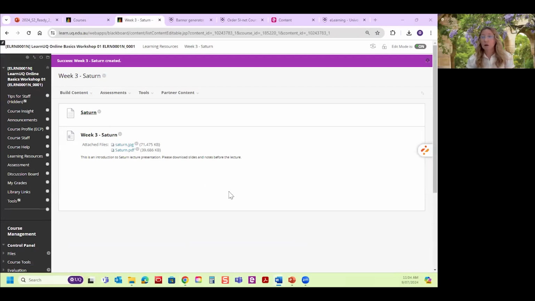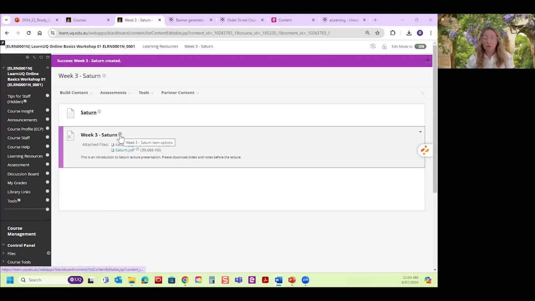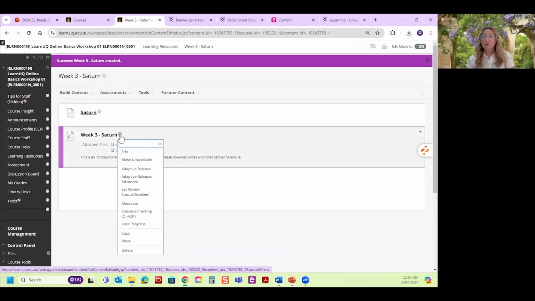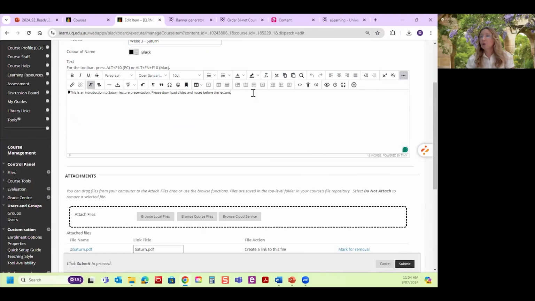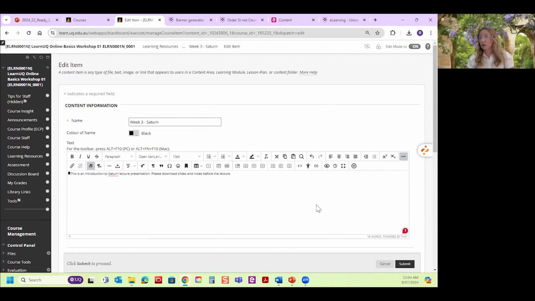So to embed the image, we go back to our item. And again, if there is anything you want to change, anything you want to edit, you just simply go to this little icon and click edit. And now we're going back to our text box. And let's say you want to embed that image that we just attached instead of just getting a link. So you find the image. Let me just check. So you might have a different view again. You might have something like that. All you need to do is click on those 3 buttons, which are called the more button. And let me just find where it is. So here,